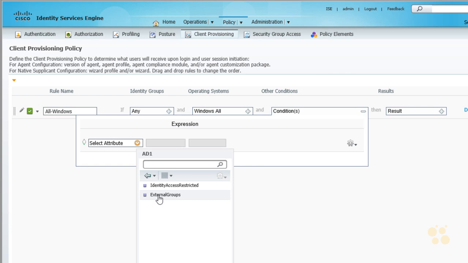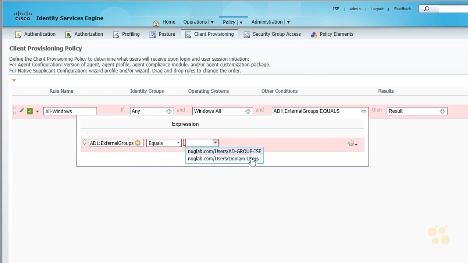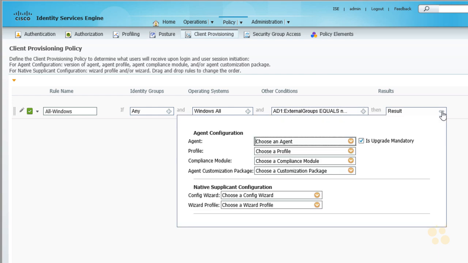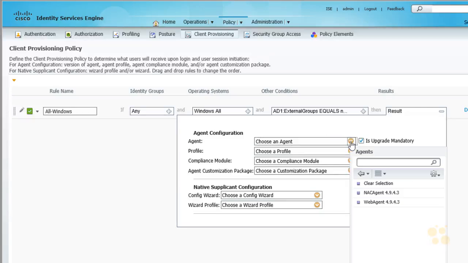We can specify an external group. And then from here, we can select one of our Active Directory groups that we had brought over into ISE. Here in the results column, we can specify what we want that requirement to be. So regarding the agent, we'll go ahead and use the drop down and say we're going to require the NAC